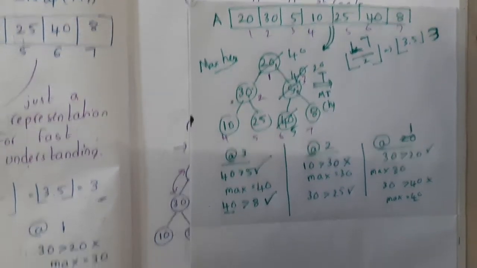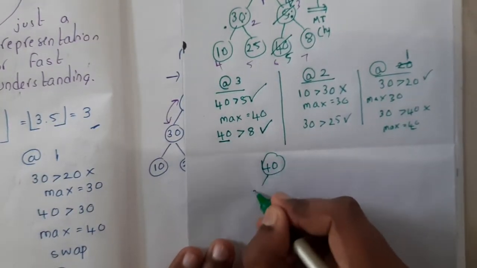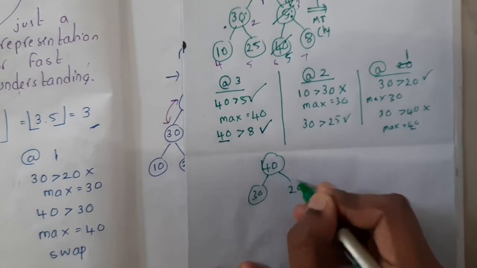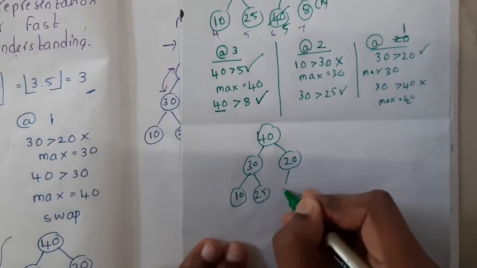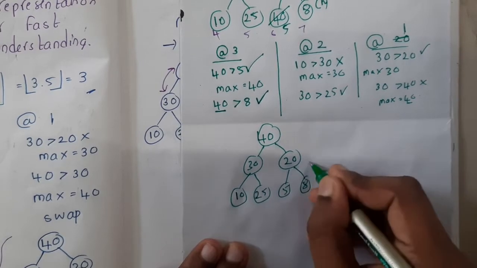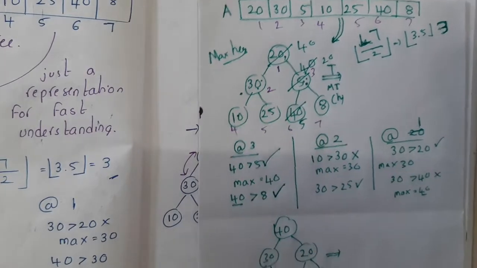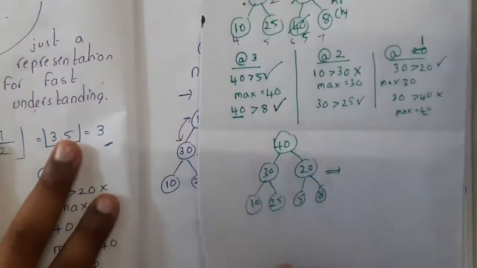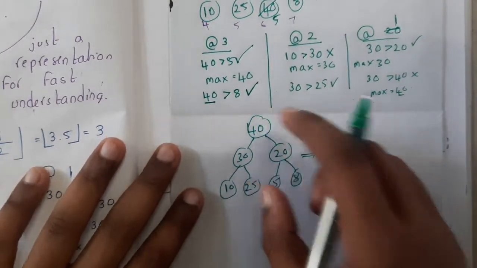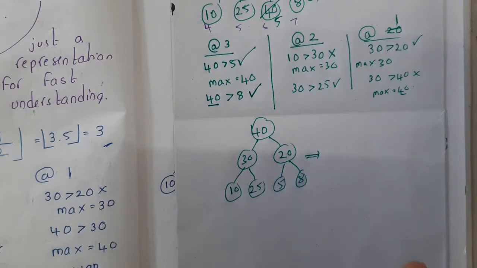So at the end you will get a result in this way, guys. 40, 30, 20, 10, 25, 5 and 8. So this concept of converting a normal tree into a max heap is nothing but the heapify process. Got it? Okay. So now once the tree is ready, the max heap is ready, you will perform the